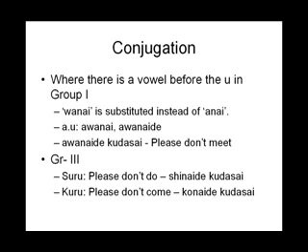Moving on to the group 3 verbs, we know that there is no conjugation pattern to be followed here. There were just 2 irregular verbs, suru and kuru. We just had to remember all the various forms. So, suru becomes shimasu in masu form and shinai in the plain negative form. Shinaide kudasai will mean please do not do. Kuru, that became kimasu in the masu form, now becomes konai in the plain negative form. Konaide will be the te form. So, konaide kudasai means please do not come.